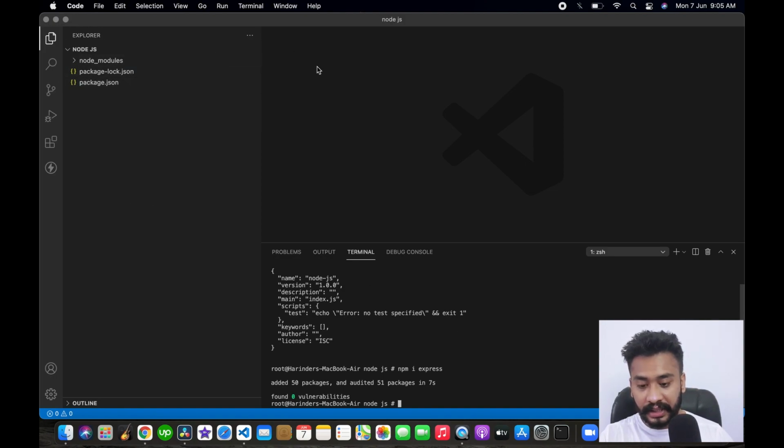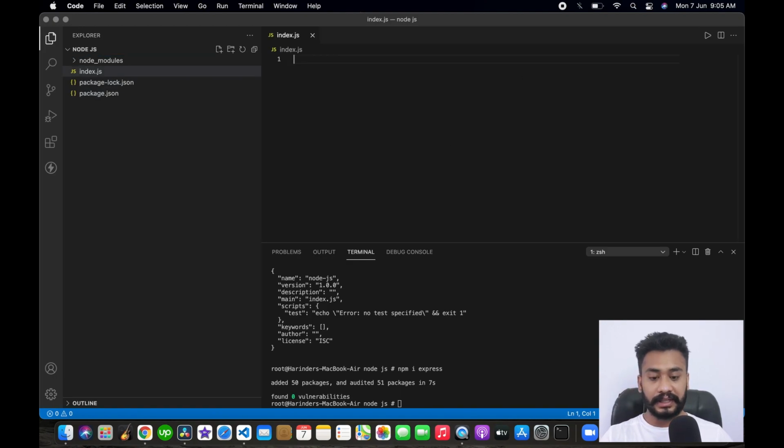After this, you have to create a file on the root, and we will name it index.js. After this, you have to write 3 lines of code to call our first API. The first is to include our Express library in our project.